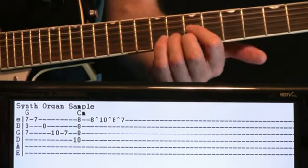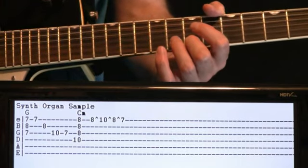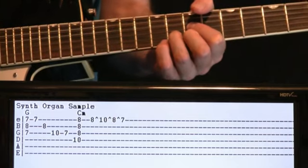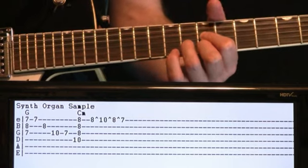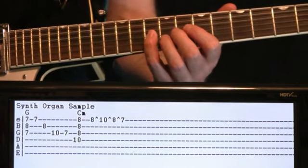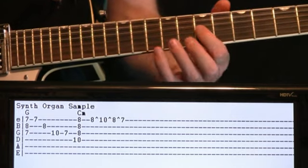So from what I'm getting here, we'll start with this high voice G, so 7 on the E, 8 on the B, 7 on the G. Alright, and then it kind of scales around a little bit. We'll hit that 7 on the E again, do the 8 on the B, hit a 10 on the G, come off to a 7 on the G. Alright,